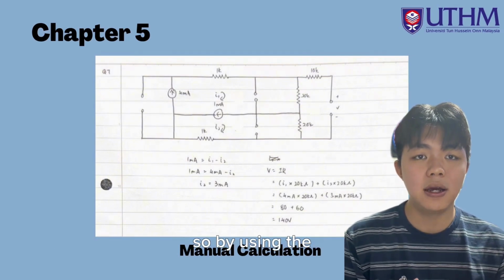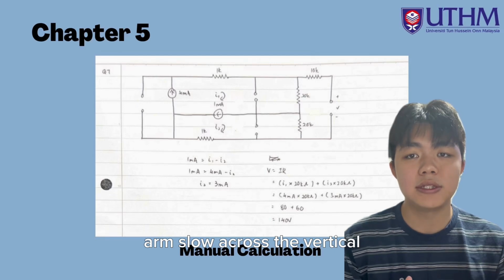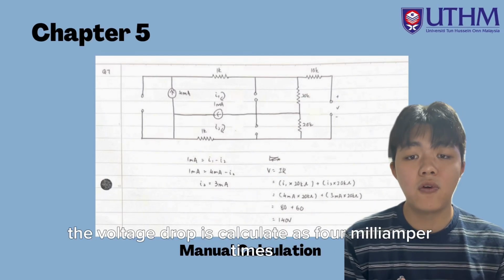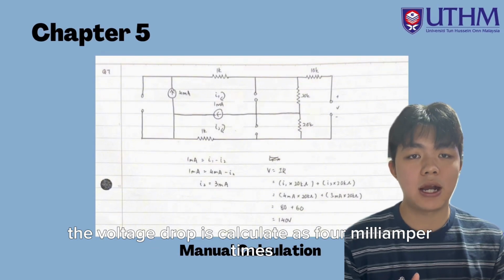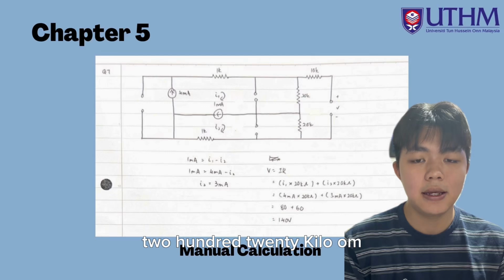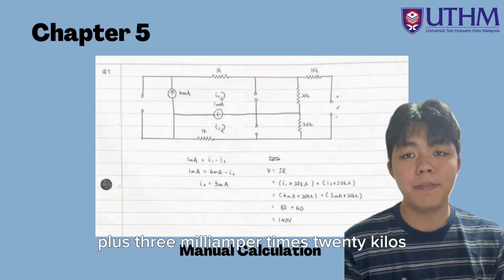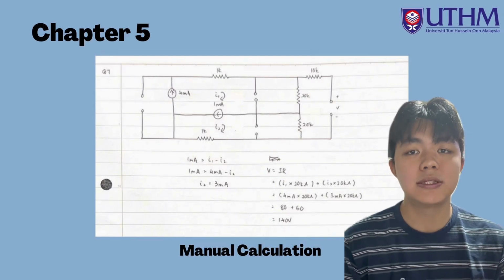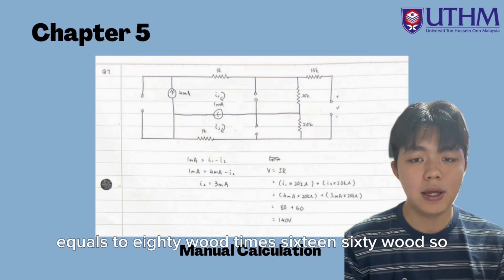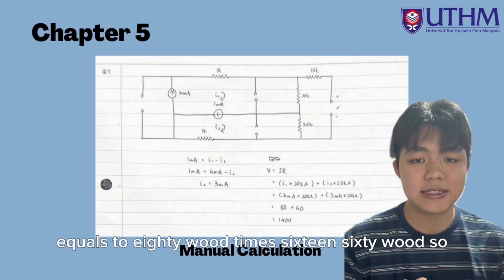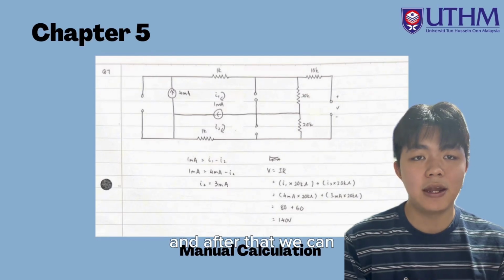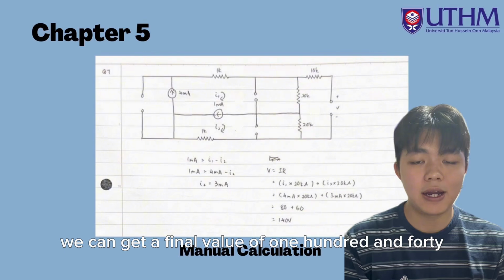By using Ohm's law across the vertical 20 kilo ohm resistor, the voltage drop is calculated as 4 milliampere times 20 kilo ohm plus 3 milliampere times 20 kilo ohms, which simplifies to 80 volt plus 60 volt. And after that we can get a final value of 140